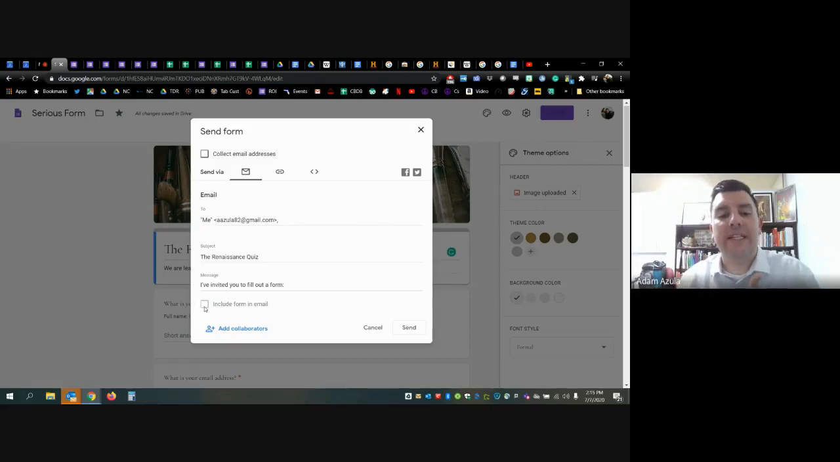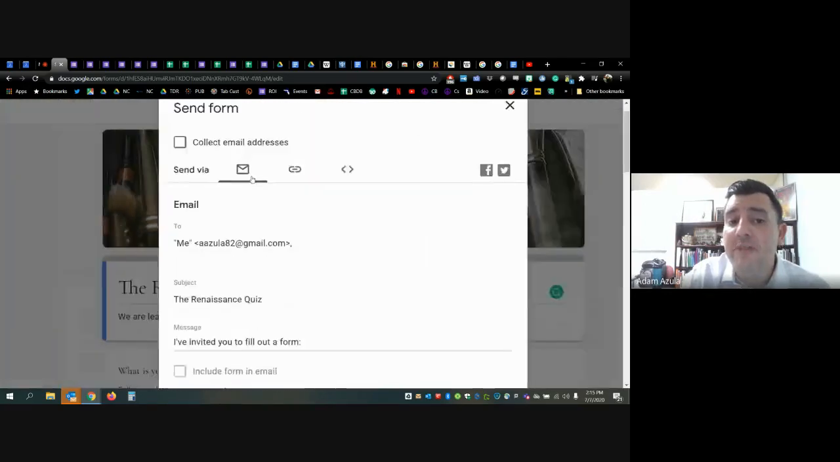So I advise against clicking the include the form in the email because it just never shows up and operates correctly. It's better to send an email with the link that's embedded in it versus trying to make the form appear in the body of the email itself. Now, you'll notice there's some other options just beyond